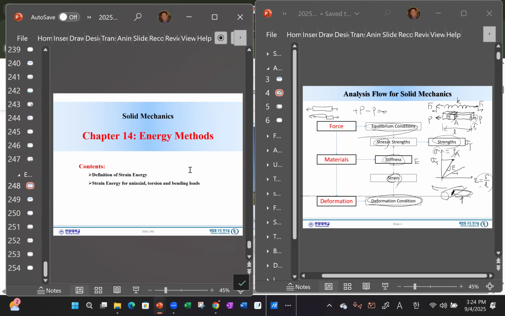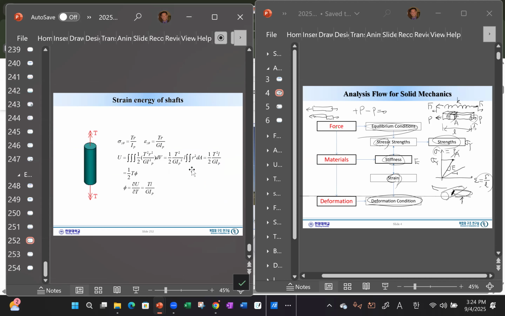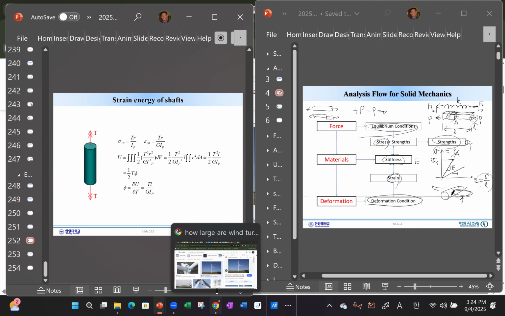And the last chapter is the energy method. Energy method is the one which will move us to a next step, say, all the numerical simulations. Numerical simulation means that,